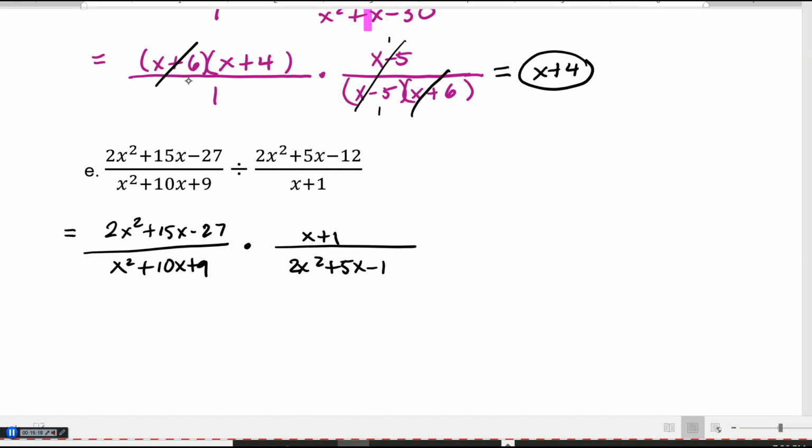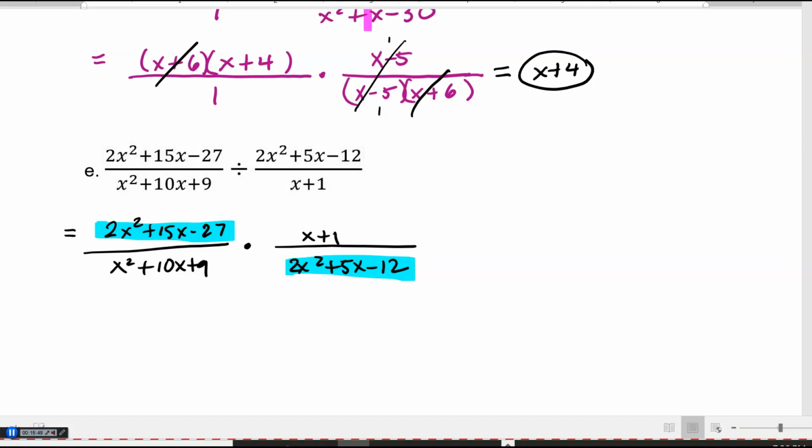Now again, we can't cancel terms, as you know already. So we have to factor this. Now in this case, we have a trinomial, but guess what? These trinomials don't have a leading coefficient of 1, so you will have to perform the AC method. All right, so for example, and I'm not going to do this for all problems, okay? I'm just going to do this for,